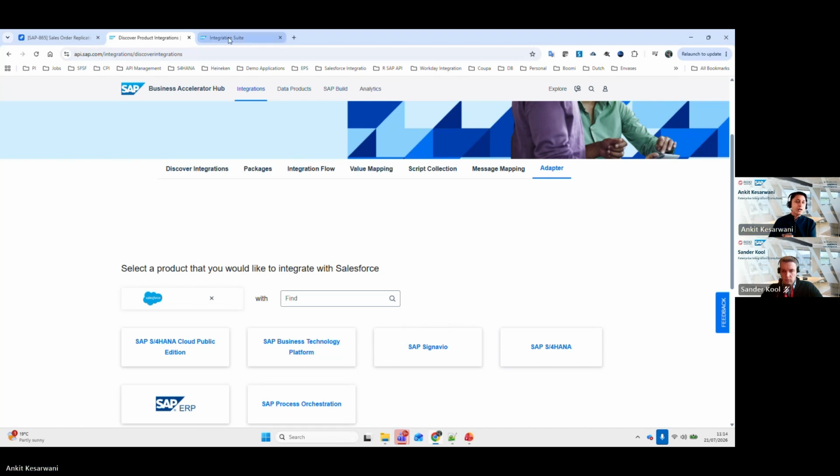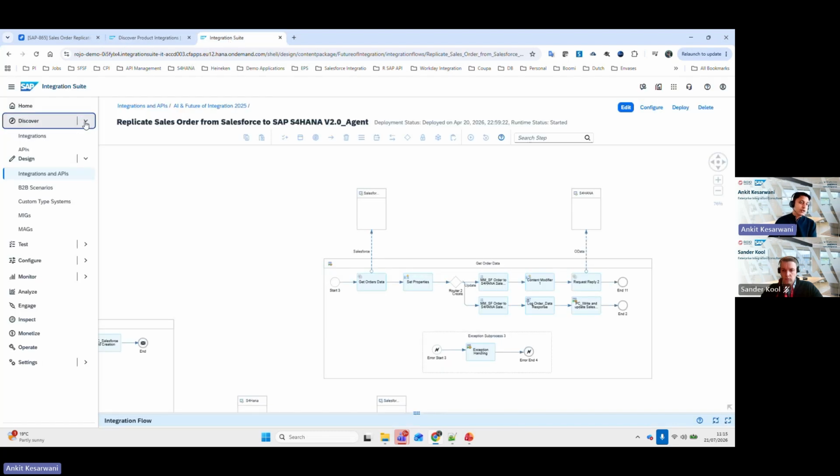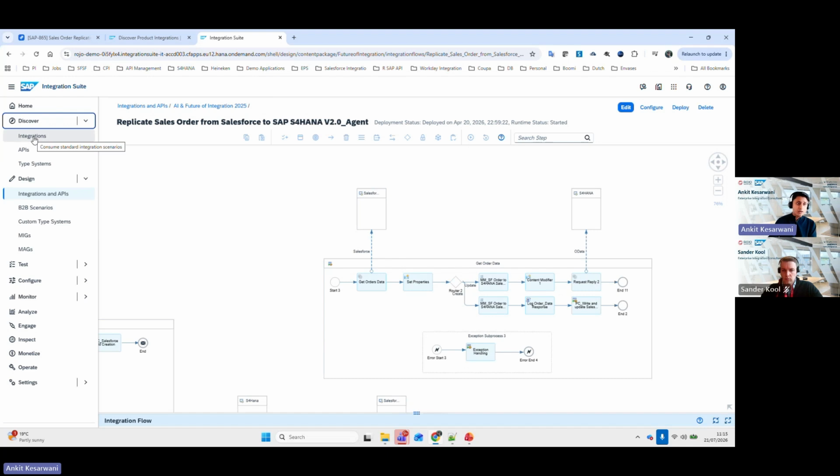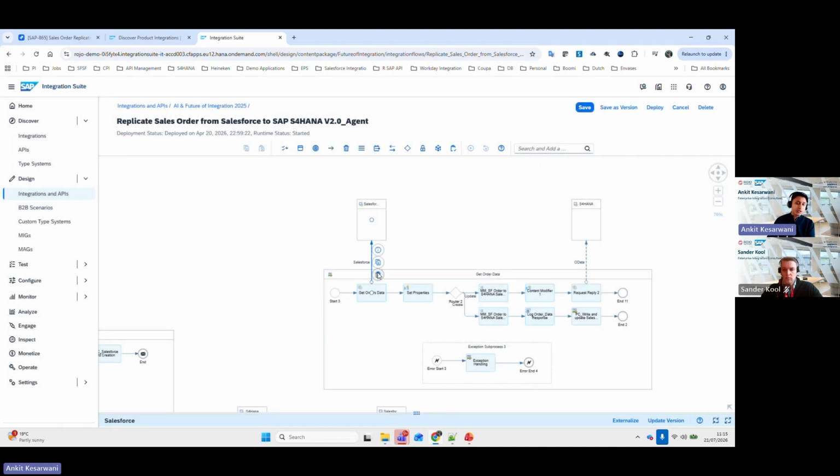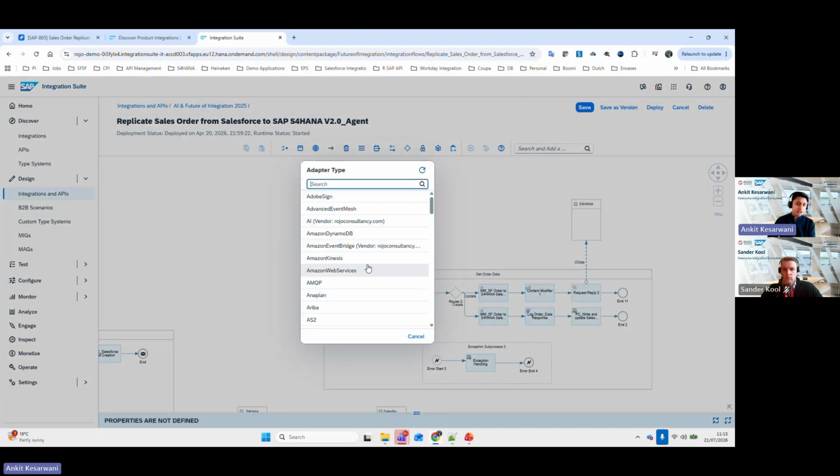And on top of it, if you are a developer and you already have access to integration suite, what you can also do is directly go to the Discover phase, go to the integration, and then look for the adapter which you want to use or application which you want to integrate with. And the third option is also directly inside your integration. So if I would go in the edit mode, the list of adapters is also available when I drag to connect an application. If you see, there's a big list of adapters which is possible now, and it is growing